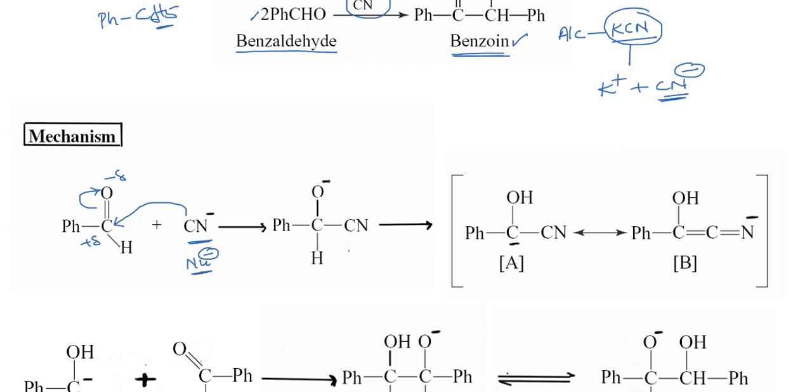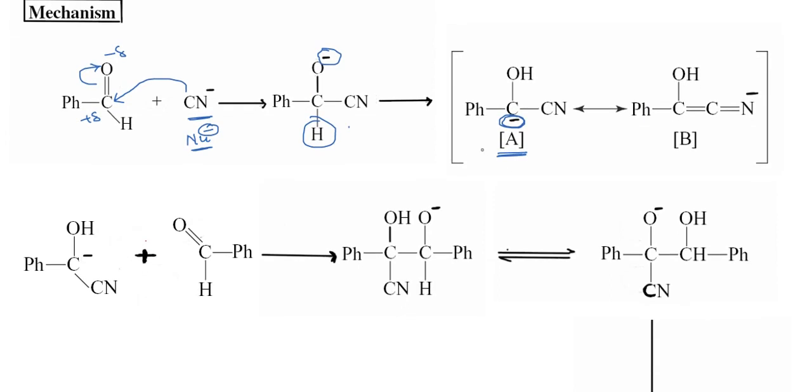So now this oxygen will get this negative charge here, accumulation of negative charge on this oxygen atom, and then when this oxygen takes this hydrogen atom, it will change into the OH, and now the electron density comes on this carbon, so it becomes the carbanion. So there is the formation of this A that is converted into this carbanion, and it is stabilized by the formation of another resonating structure. Then the reaction intermediate, carbanion form, is A.